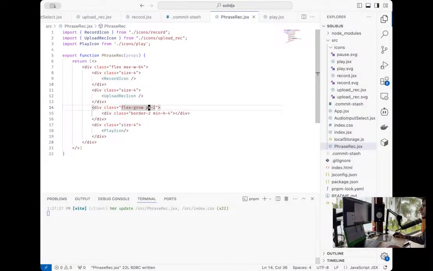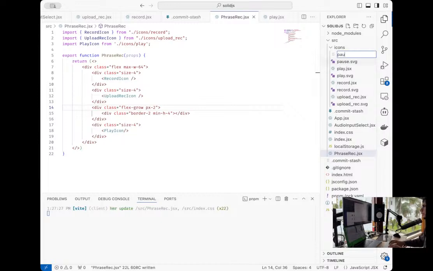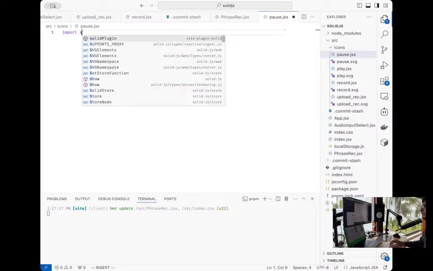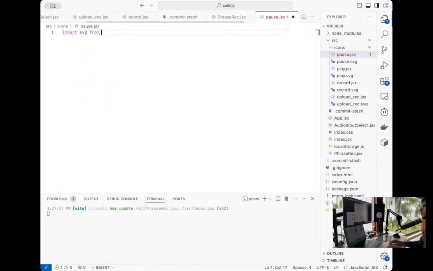Then in Visual Studio, I create a new file for pause.jsx. Oops. So let's rename this to pause.jsx. Import SVG from /pause.svg